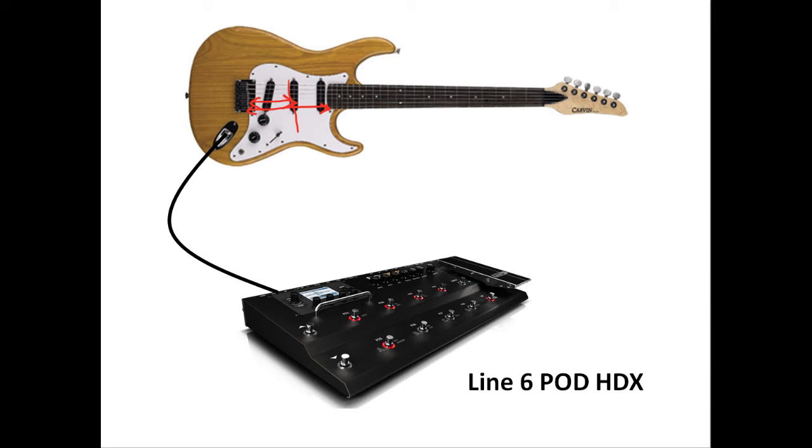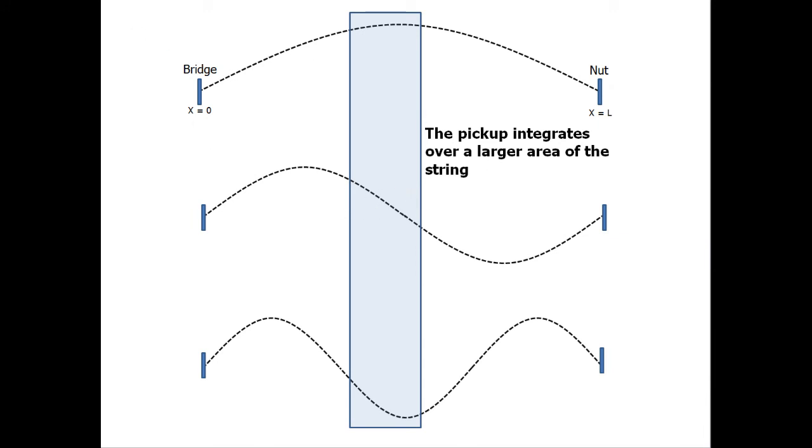even if there are multiple harmonics above that 24th fret, because the pickup integrates over a somewhat large area, if your pickup is on the same order of magnitude as the wavelength of the tone, that integral evaluates to approximately 0. The pickup's response around 3 kilohertz has a small resonance due to some internal stuff going on in the pickup. But then it really rolls off, not only because of the response of the coil in the pickup, but because of the physics of how the pickup integrates that velocity over the string. So what I want you to take away from here,